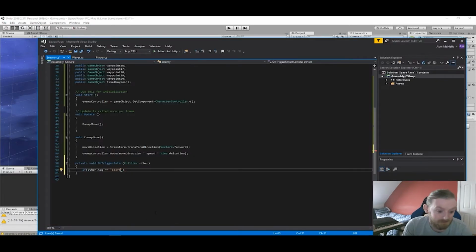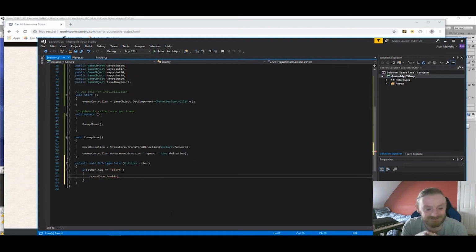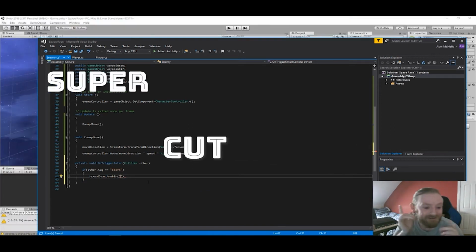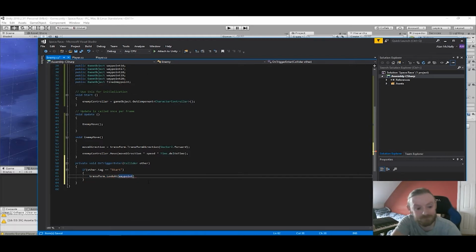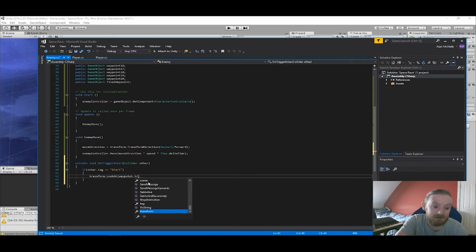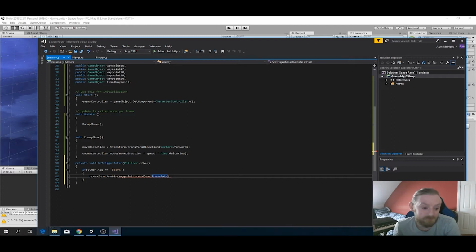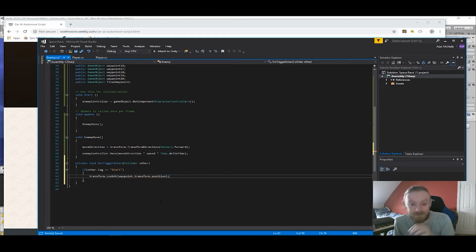If the enemy goes through the sphere, it will look at the next waypoint. Now, I think the way the website that keeps interrupting me, the way it was done, the way